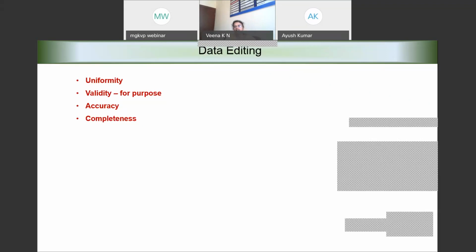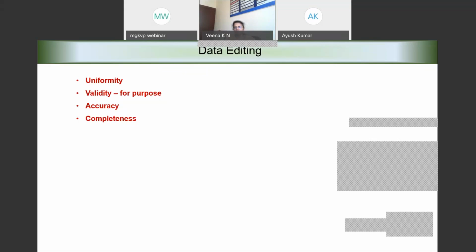However, in respect to the objective or the type of study that we are doing, if some variables are not answered by the respondents but that will not affect our final analysis, then we still may consider it as completeness. But if the respondent has not answered those variables and questions which are going to have an impact on our analysis, then it is referred to as incomplete.